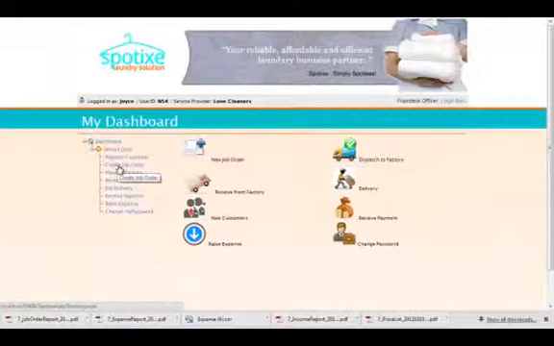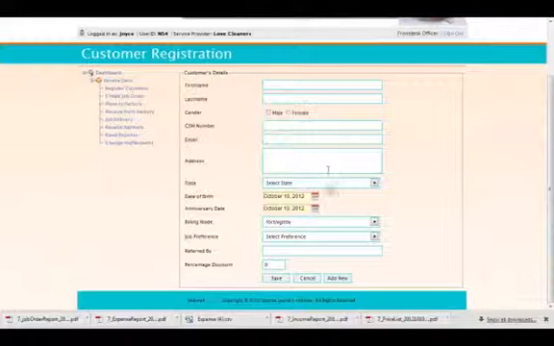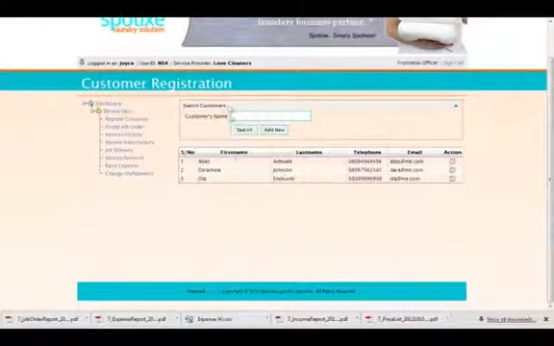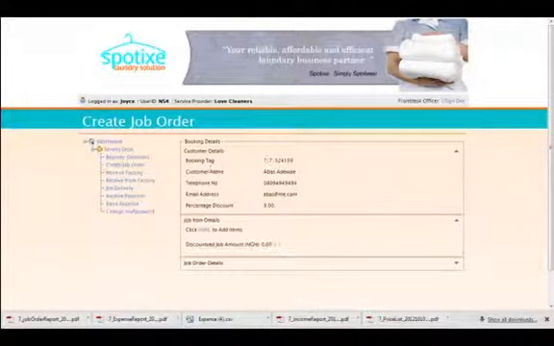I'm starting. First step, create job order. Now you select the customer. If the customer does not exist, you add a new customer. This gives you a possibility to add new customer. Then you can set up percentage discounts and all that. Okay, but we're going to make use of the customer that we already have in there before. So I'm going to go in as Abbas here. So I clicked on next, it fetches the details of Abbas, generates a unique booking tag, and then I click here